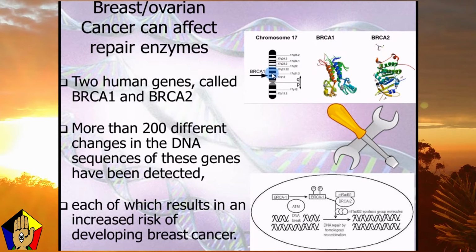We know where it is. We know it's a defect in this gene, and if you don't have this gene, you can't make the BRCA. So this enzyme is a repair. If you have defects or mutations in your DNA, like it breaks, this BRCA comes along and it helps glue it back together or fix it. If you don't have functional repair mechanisms, you can't repair the cell, and the cell will become a tumor or